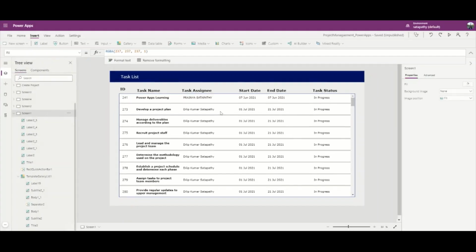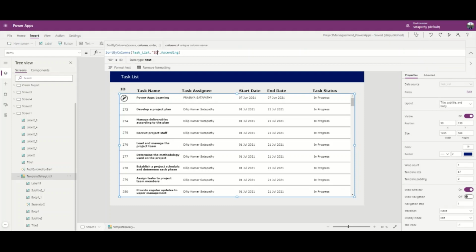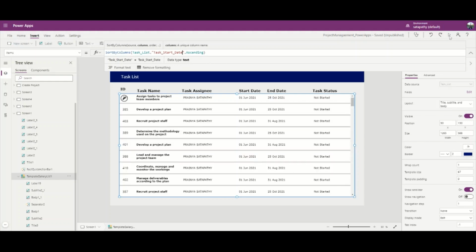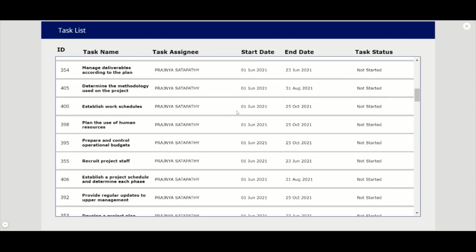So let's see how we can sort this task list by various different columns and different orders also. Let's first use task start date, and let's set it to ascending so that the tasks starting from 1st June will display first,